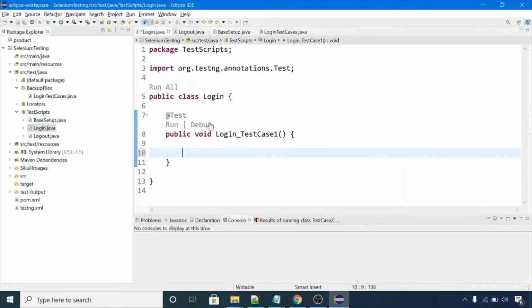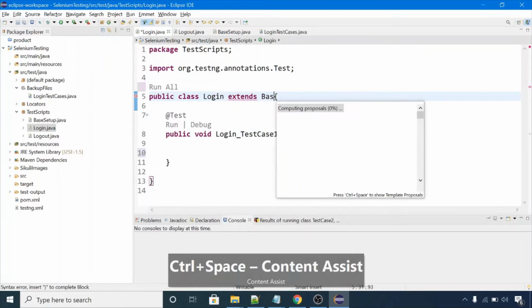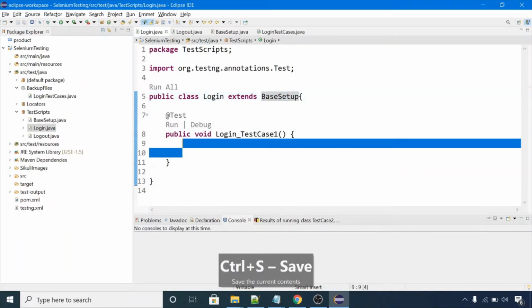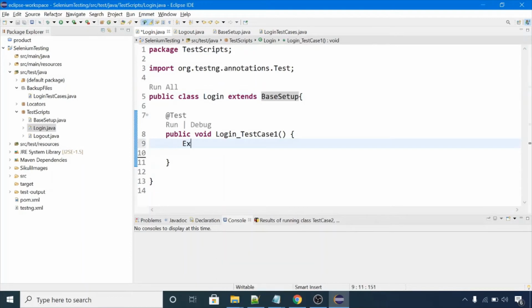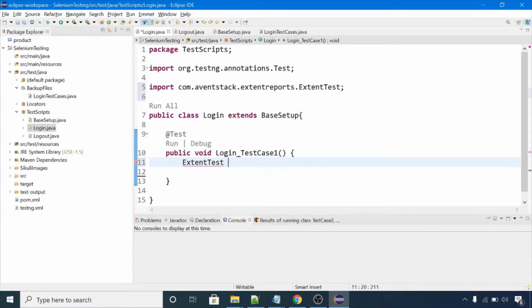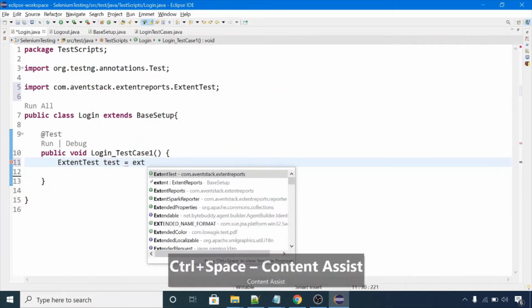So just switch to the login class and right here write extends and type BaseSetup. Now in this test case we can use ExtentTest, named test.